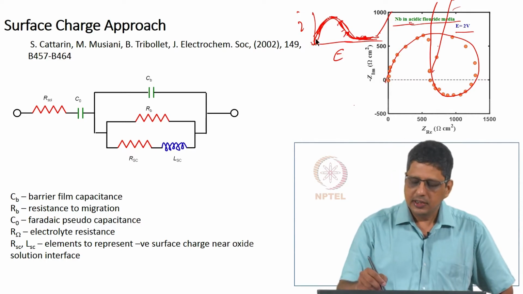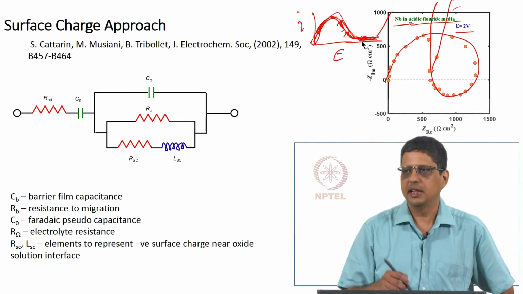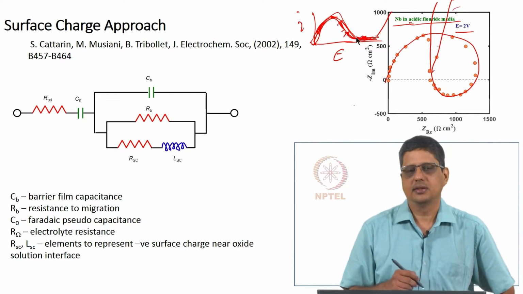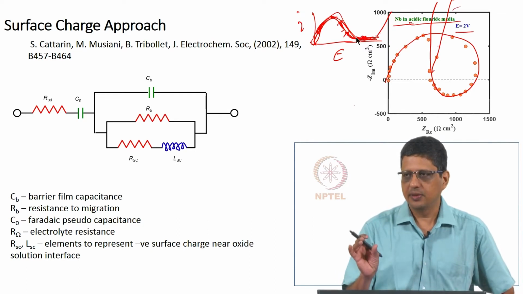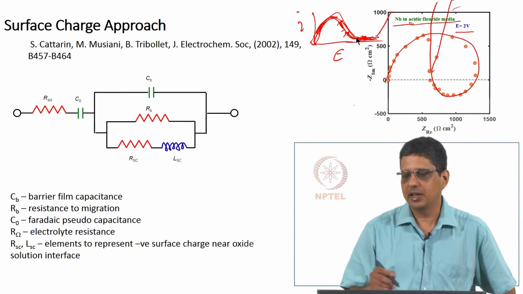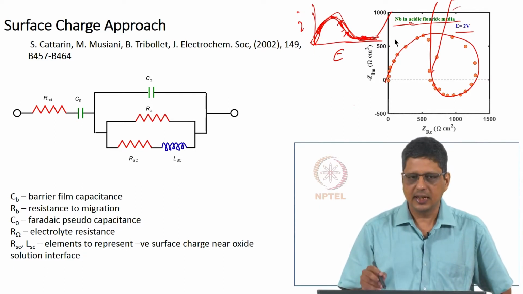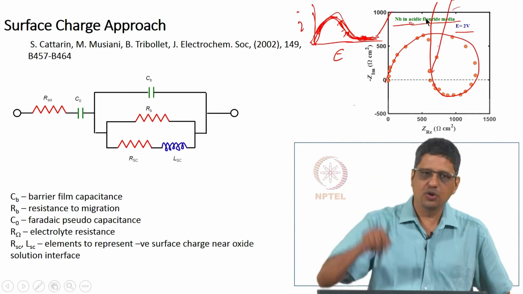This curve does not tell us that this system will give you a capacitor like behavior. That means, the potential current diagram, or current potential diagram, does not tell us that low frequency impedance will show as a vertical line.